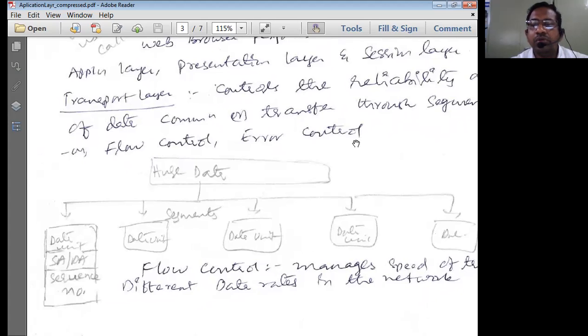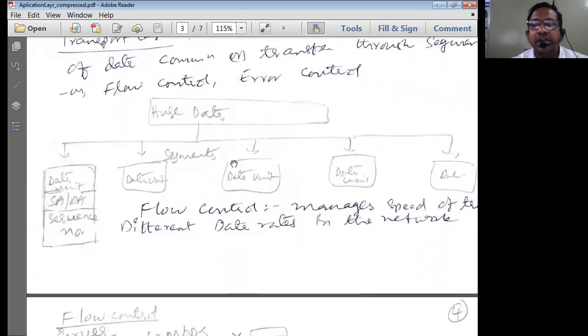We have seen flow control and error control in the case of the data link layer also. The same flow control and error control will be repeated for the transport layer as well for certain applications. If data link layer involvement is not there for that particular packet, then the transport layer has to compulsorily perform the task of flow control and error control for such data.